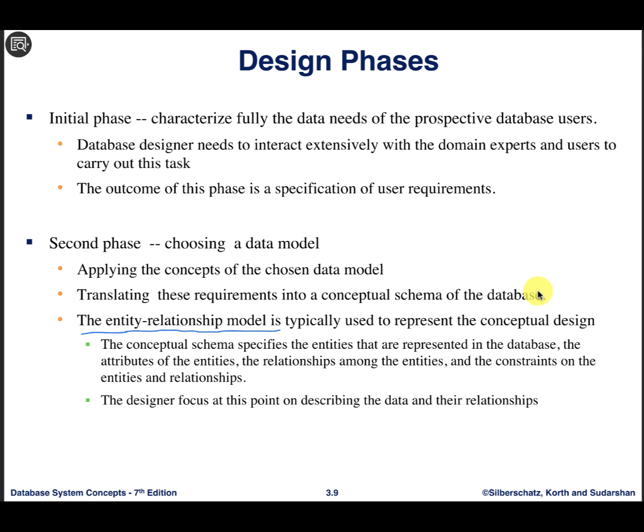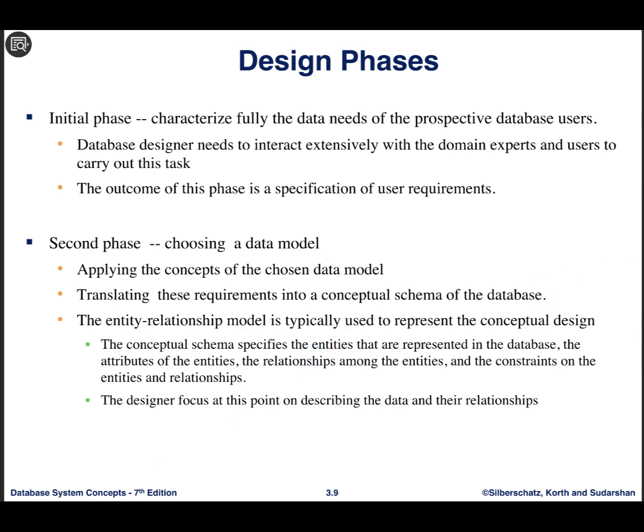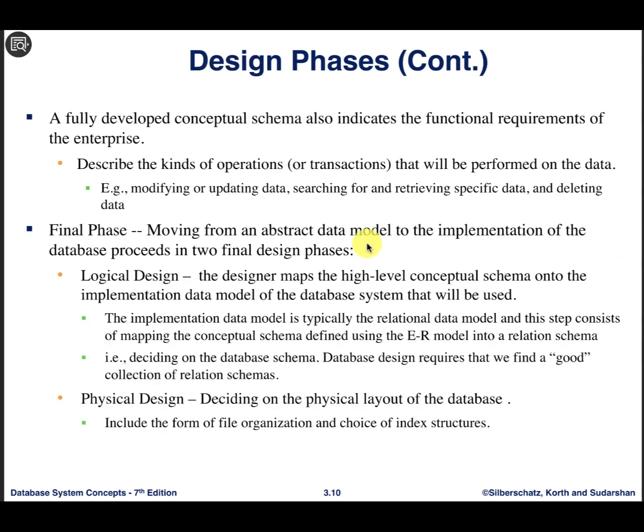So in this case, as the designer, you are just describing the data and their relationships. I'm going to show you how you can draw this. There is, for example, the instructor, the information about the student, and for example, the courses. Then after that, what is the relationship between them, whether there is any relationship between all of them or not at all. So you collect this information. That's the main goal here. Then after you're done with this one,